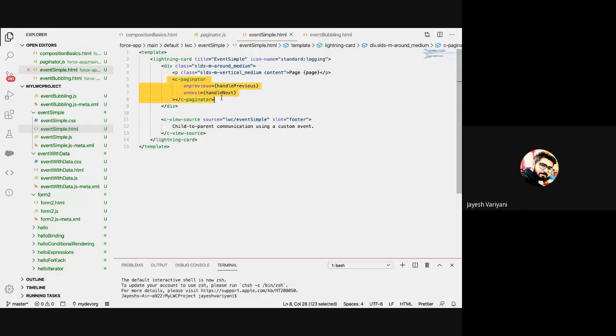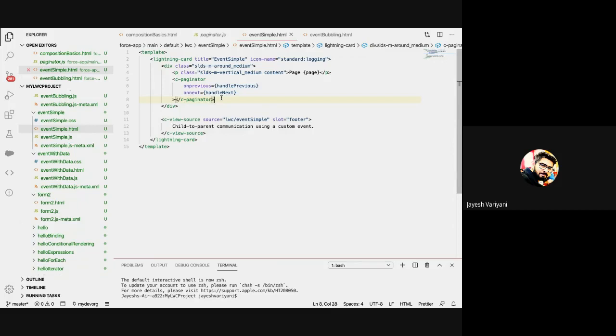So how are child to parent events handled? In Aura terms, we had to use the aura:handler tag in the parent component, and in the child component we needed aura:registerEvent. The one which is registered fires the event, and the one which handles it calls its method when that event is fired.